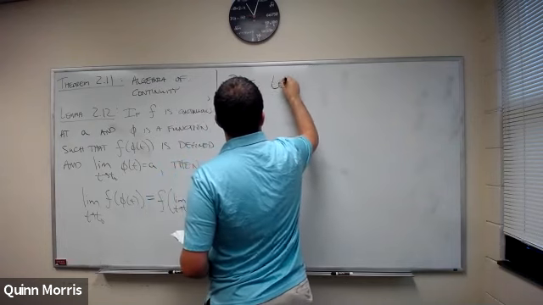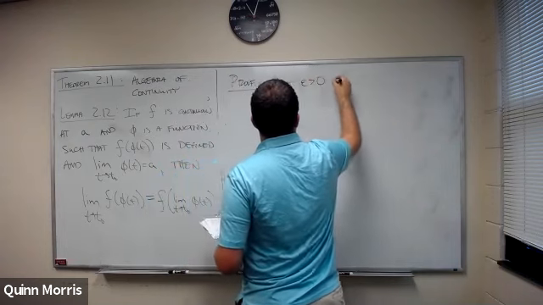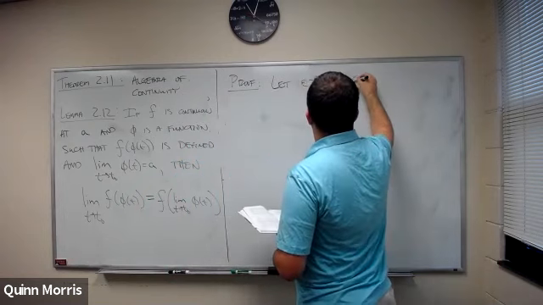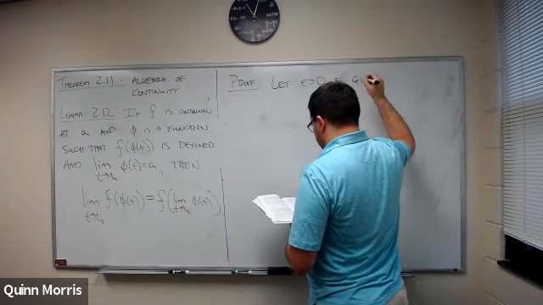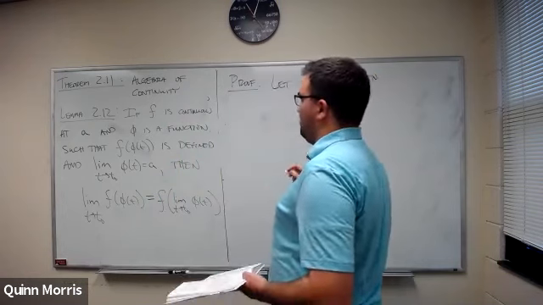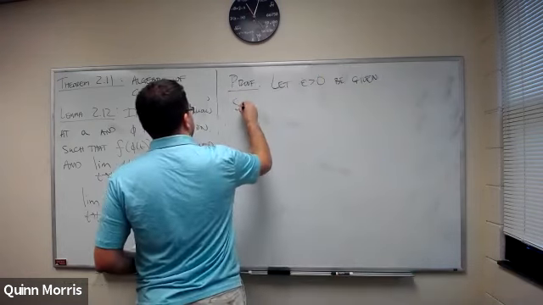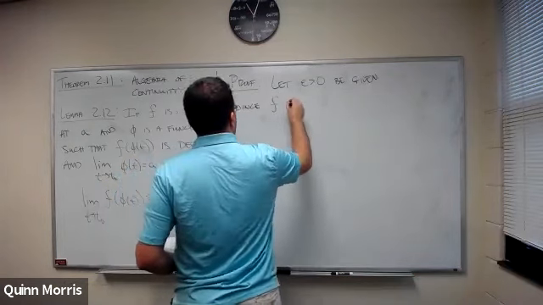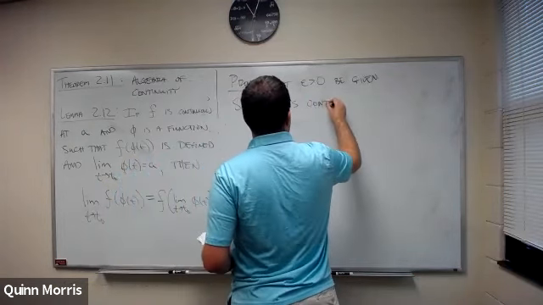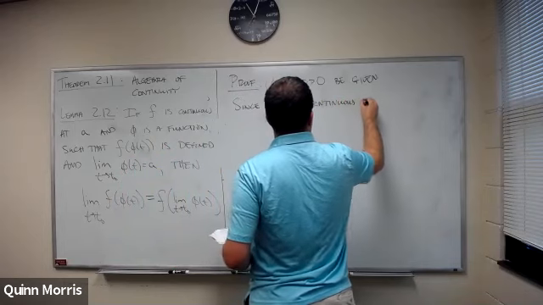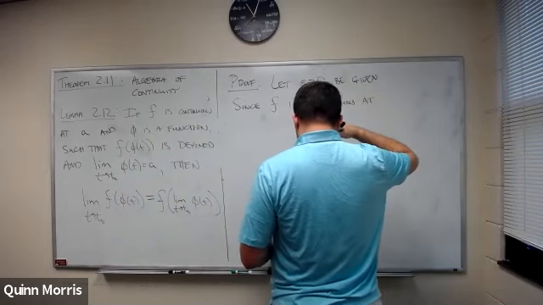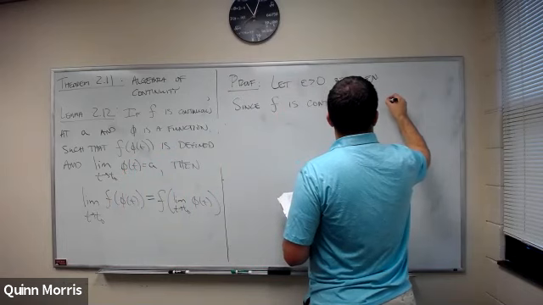Okay, every good analysis proof begins with: let epsilon greater than 0 be given. So what do I know? I know my function f is continuous at a. Since f is continuous at a,